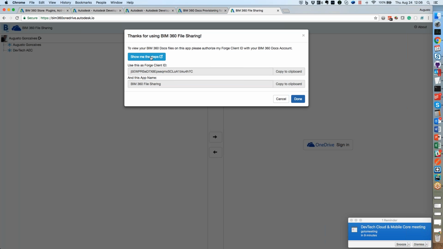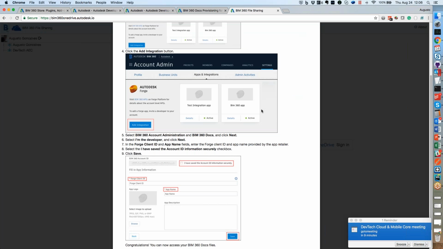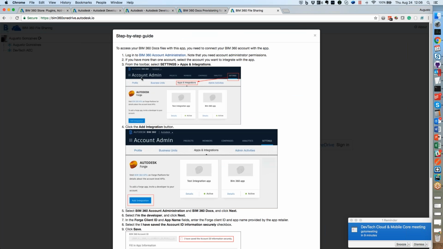Be sure to show some steps. So when you click here, you can see the steps to make this work. Everything to make this work is available on that blog post, including the images and the HTML code to make this pop up. So basically, when the user comes to your application,